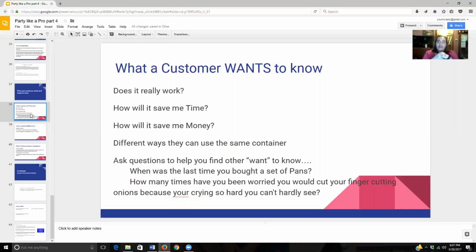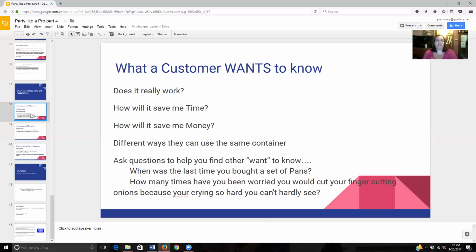Not to mention, you're going to sell that product to a much larger number of people if there are multiple ways to use it, because just because this person wants to use it for rice doesn't mean this other person even eats rice. But maybe they like pasta, right? So they need to understand and know that the container can be used for multiple uses. Or better yet, maybe they need to know they can use it in the bathroom, in their desk or office area, right? There's a ton of different ways that we can use our Tupperware products.